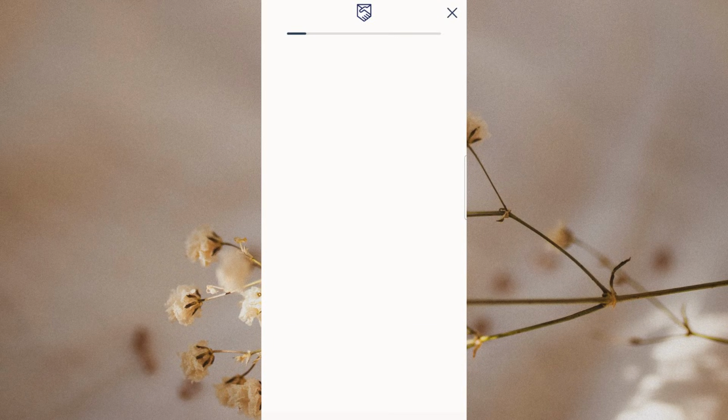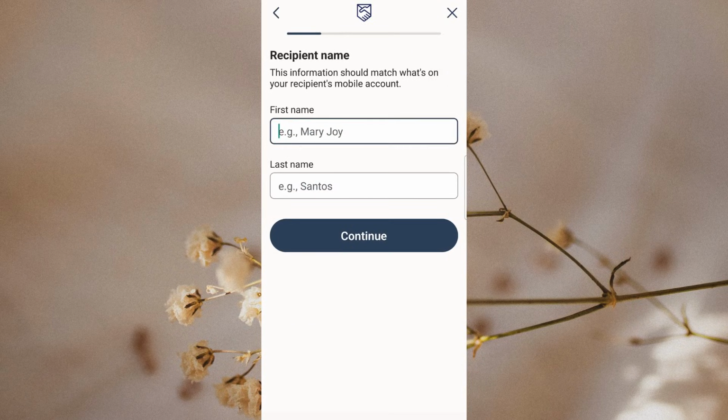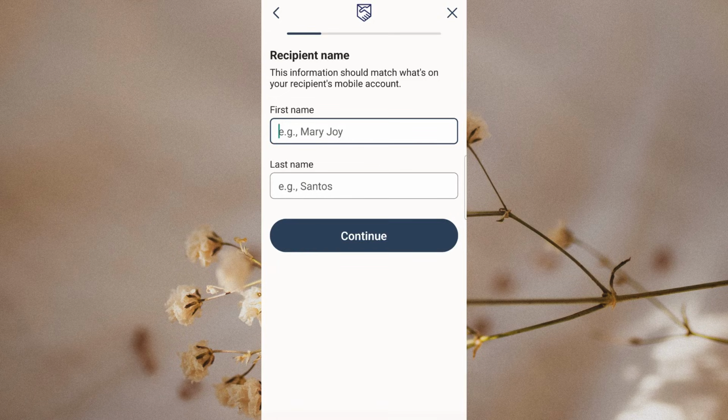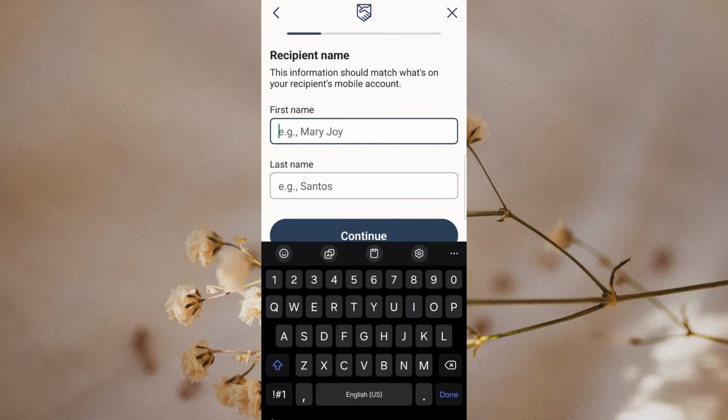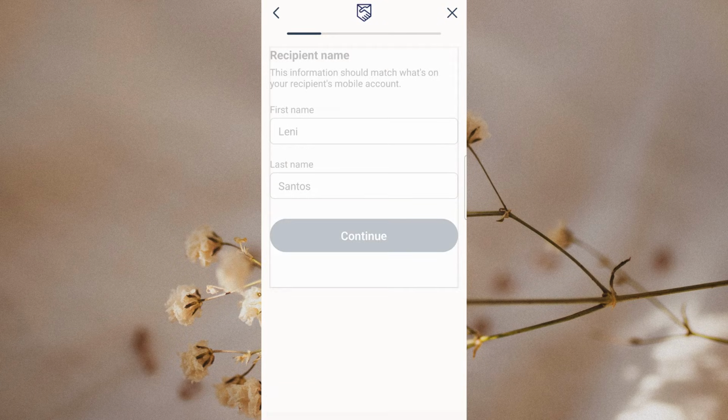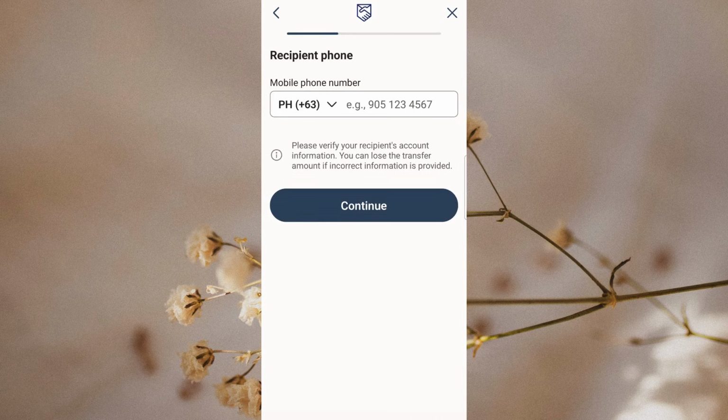Fill in the requested banking information carefully and double-check everything for accuracy, since even a small mistake can cause problems with the transfer. From there, simply follow the prompts shown on your screen to review and complete the transaction. Take your time on the final confirmation page to make sure all the information looks correct before submitting. Once everything is confirmed, your transfer will be processed through Remitly.